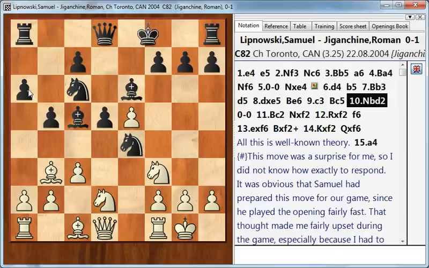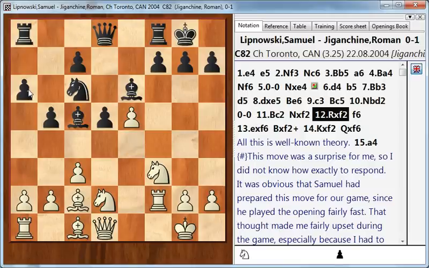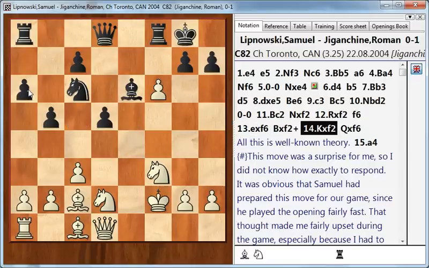This is also the main line. And here I used to play a pretty sharp and somewhat crazy line where black gives up the two pieces for a rook and a pawn, but gets some initiative and opens some files against the white king. So I take on f2, open up the f file, first take on f2 with a check, and then recapture on f6. I think here the main line is